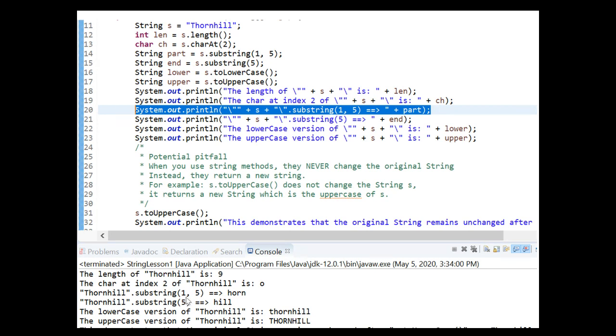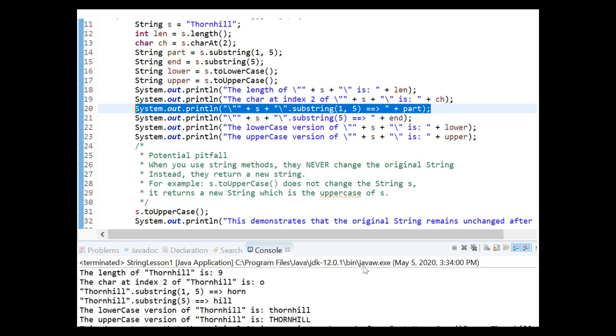You can see down here it's hill. Now if I then start to try out these lowercase and uppercase methods, these ones are a little bit more confusing